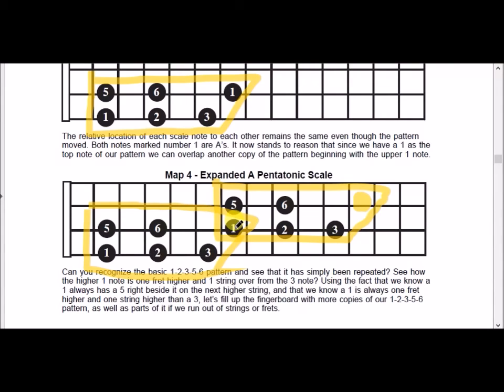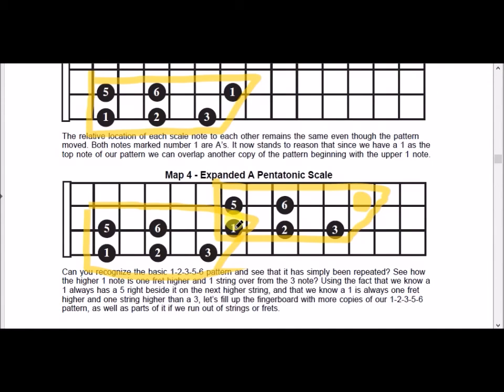And now I use exactly the same fingers as I used before, with my index finger on the 7th fret of the D string, my middle finger on the 9th fret, my ring finger on the 11th fret,